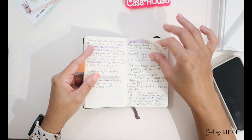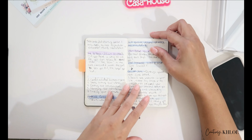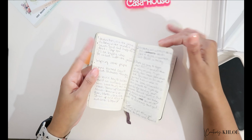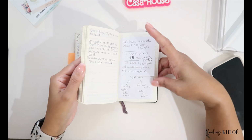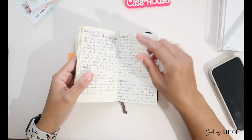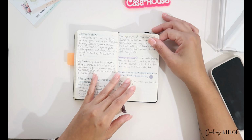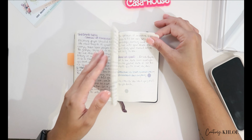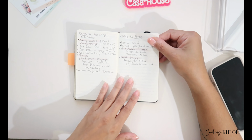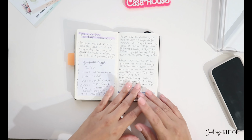I couldn't remember where I had written something from the book Everything Is Figureoutable to, again, it was all over the place, and I started putting sticky notes in here, which is fine because, you know, that's what I do. I love the size of this, do not get me wrong. I love it. Let's see. This is from The Artist's Way, Stream of Consciousness, the goals for the rest of the year,